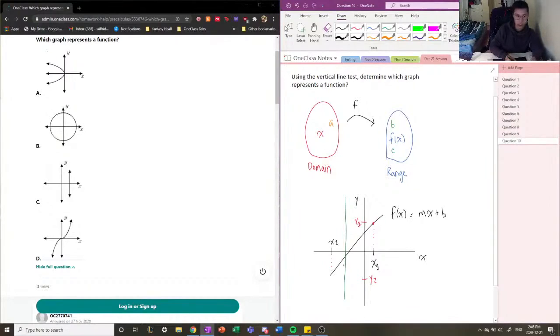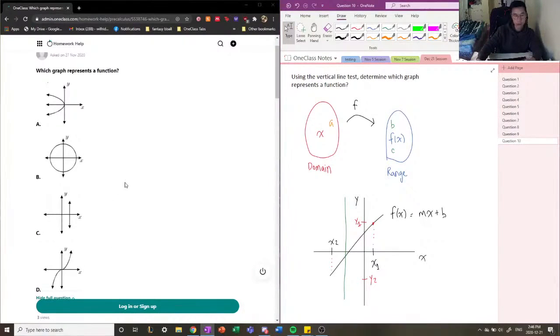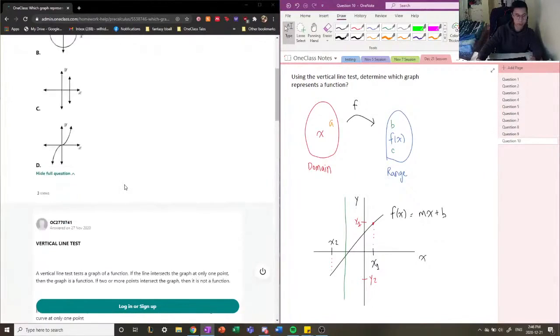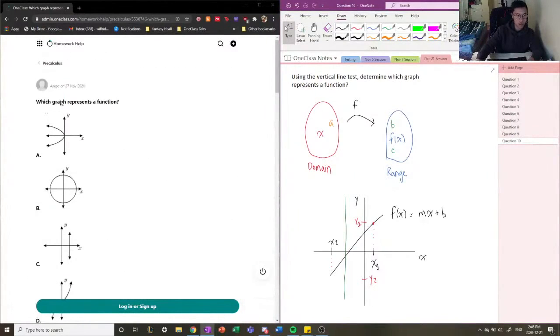It represents a function. Okay, so let's take a look at our examples here, and using the vertical line test, let's see which graph is a function and which one is not. Okay, so if we were to put a line through example A,